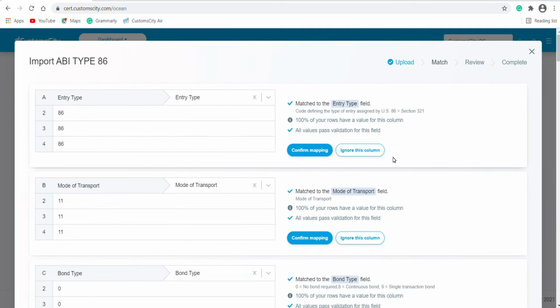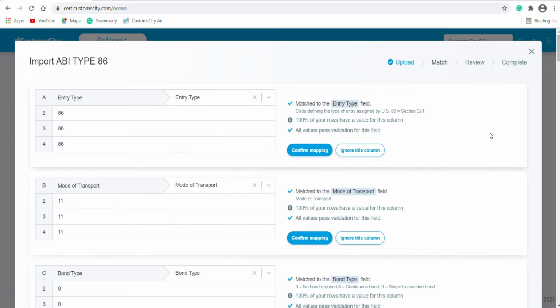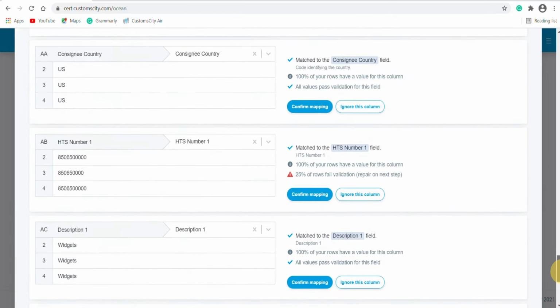And the first thing you will see is the mapping tool. So this is a great tool for you to use if you'd like to use your own template. And what you can do here is you can map your columns to our columns. If any of the columns haven't mapped correctly, you can just select the correct one. But since I'm using our template, I don't have to go through these steps, and I can just go ahead